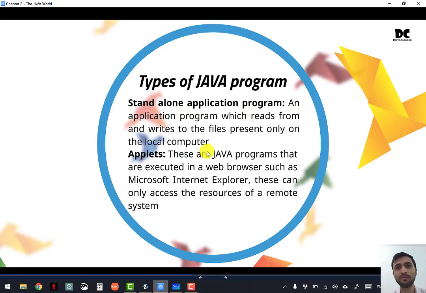So if it is standalone, it will be present only in the computer where you write. But with an applet, even if you write in a different system, you can access it in another system also with the help of a web browser. Because actually the first Java programs were written for web browsers. In web browsers you can see small animations and all. These are also written in Java applets. For example, you are accessing Dibya classes, there are animations. I have created these small animations in my home, but still you can access them from your home. You can access my videos and everything. All these are done using kind of JavaScripting, Java applets.